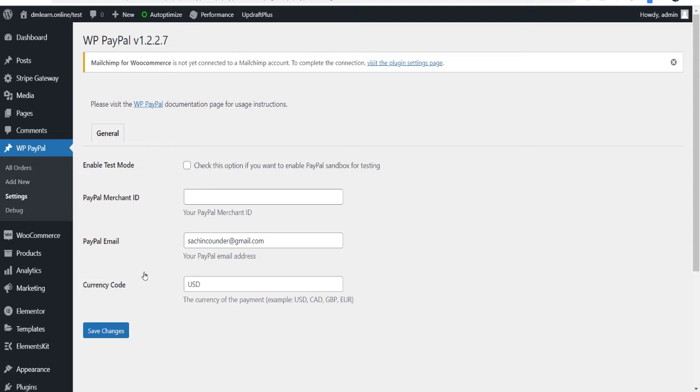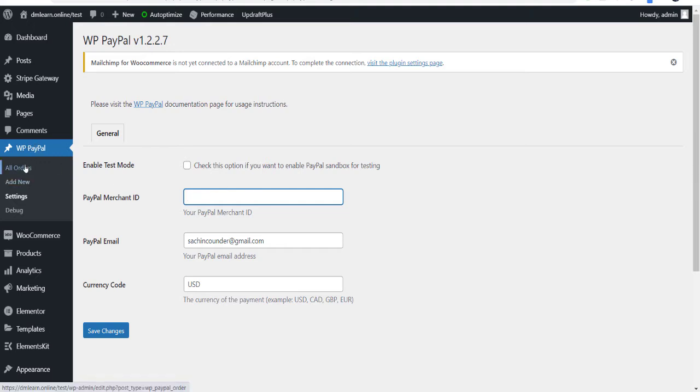You will receive a mail or phone message, whatever process you have to follow. But here you have to enter your merchant ID. For that you have to create your PayPal account. To find your PayPal merchant ID, log in to your PayPal account, go to settings, and in the merchant section you can see the merchant ID at the bottom. Copy it, and once you save, they ask you to log in and authenticate your account.